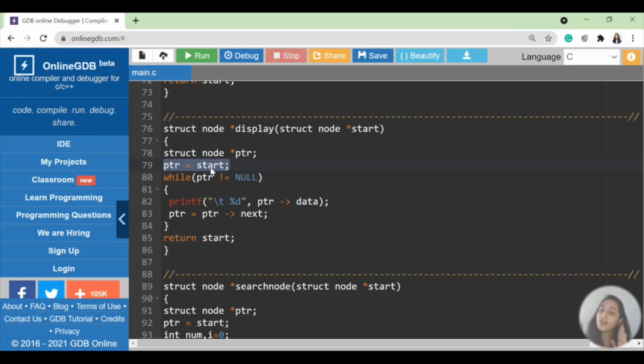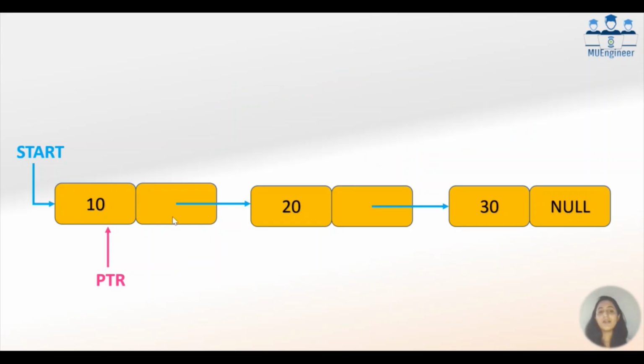PTR को last node तक जाना है तो उसको एक while loop के अंदर डालेंगे. While loop का ending condition क्या होगा? जब तक मेरा PTR null नहीं होता है तब तक आपको traverse करना है. So while loop में हम लोग पूरा list end होने तक while loop रहेगा. While loop के अंदर मैं क्या कर रही हूँ? I'm just putting a printf statement where I'm displaying the integer value. What is that integer value? ptr.data. So ptr.data is nothing but this particular value.